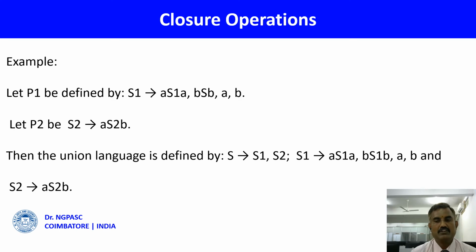That means you need L1 words, so we can use the production rule S tends to S1. You need L2 words, so we can use the production rule S tends to S2. So we can add it. Using these production rules, we can define it, so L equals L1 union L2.